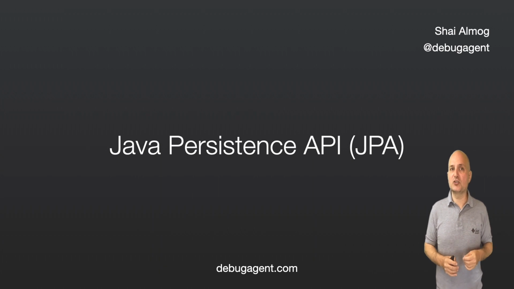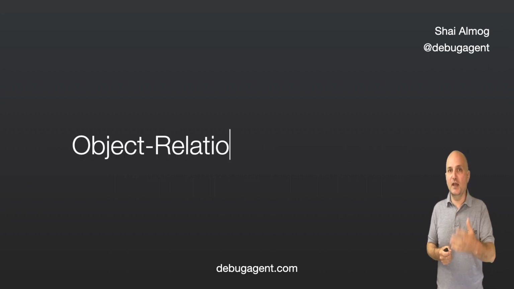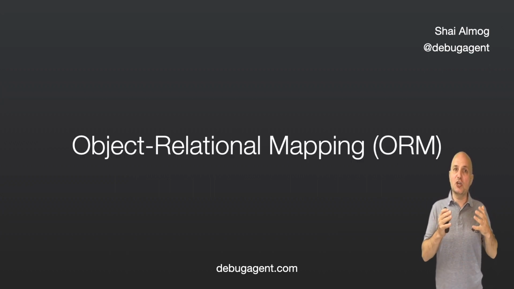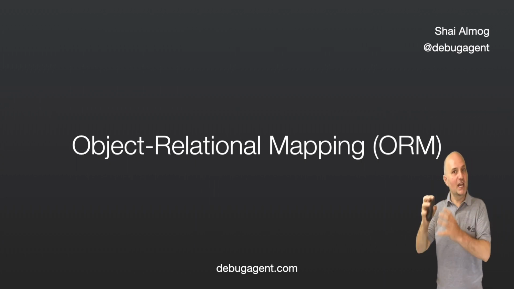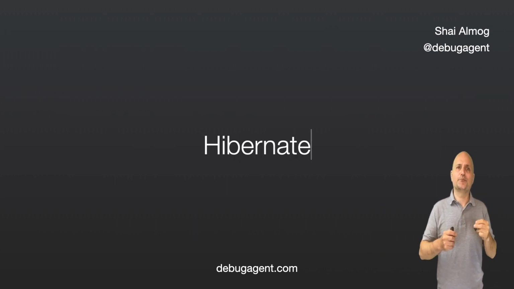Java Persistence API is an API that maps Java objects to an SQL database. As you might recall, an SQL database is typically a relational database, which means that JPA is an object relational mapping solution, an ORM. This is a common industry term, and there are many tools for ORM. JPA is the leading standard on Java, but there are others.